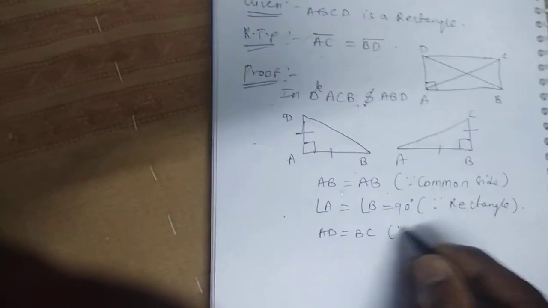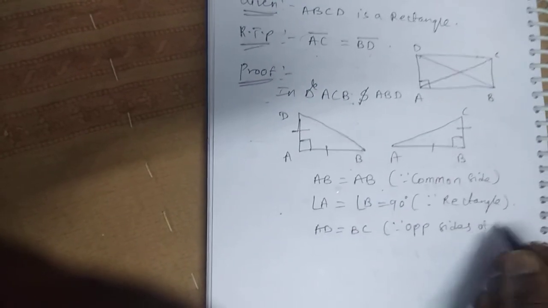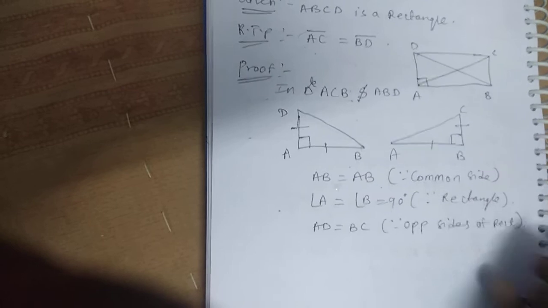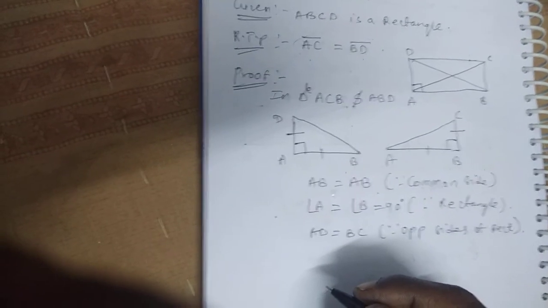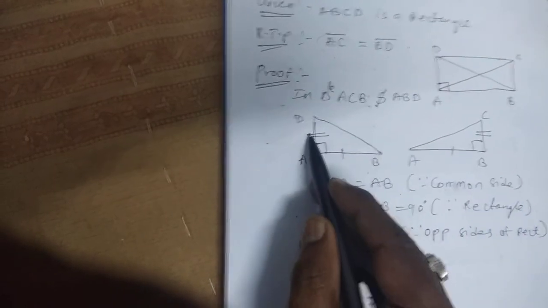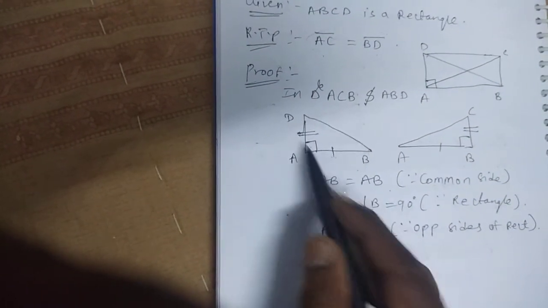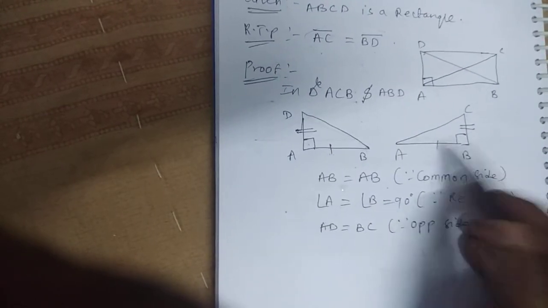Why AD and BC? Opposite sides of a rectangle. So therefore I can say by SAS, this side, this angle, and this side, the side angle side axiom,